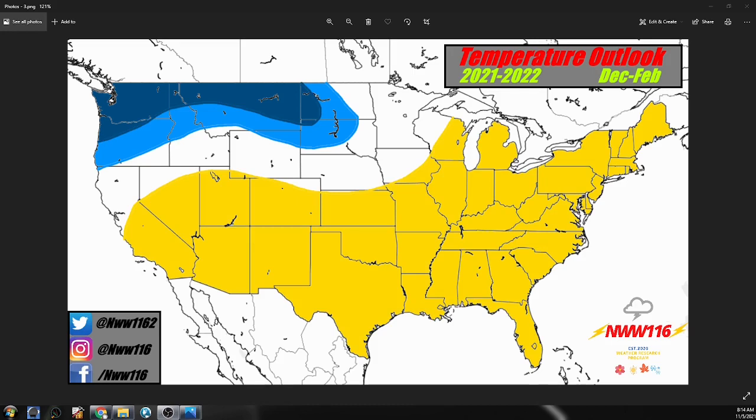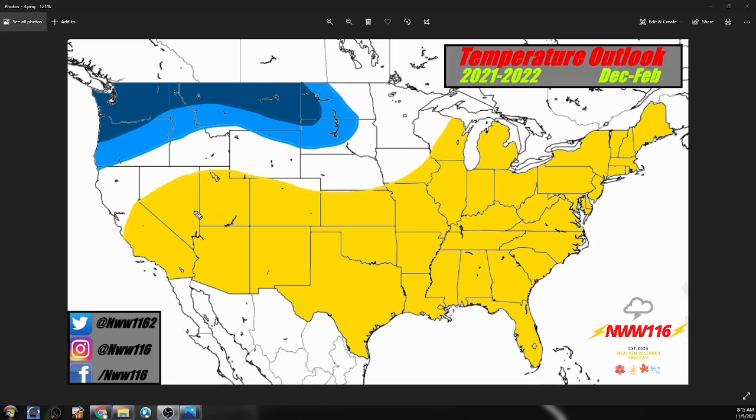Now we're moving on to the third shade of the temperatures we're expecting. It's a large shade, as you can see here. This is expecting above average temperatures for much of the country this year. There are a lot of things in place causing this, and you may have seen this is a dramatic change from the last forecast I did. That's because we have a lot more information and a lot more guidance. So, we are expecting relatively above average temperatures for most of the country.